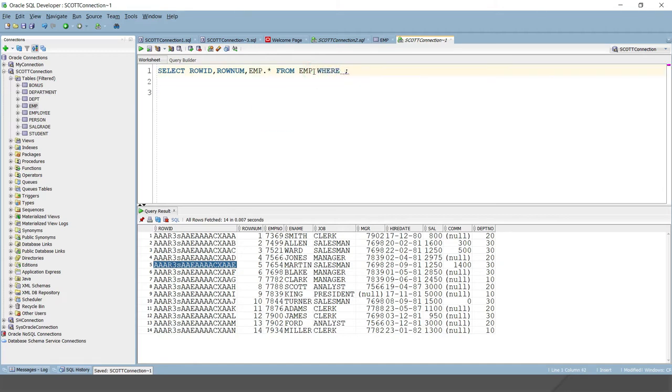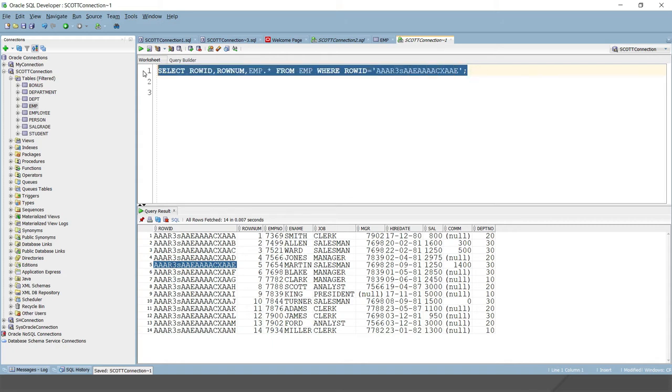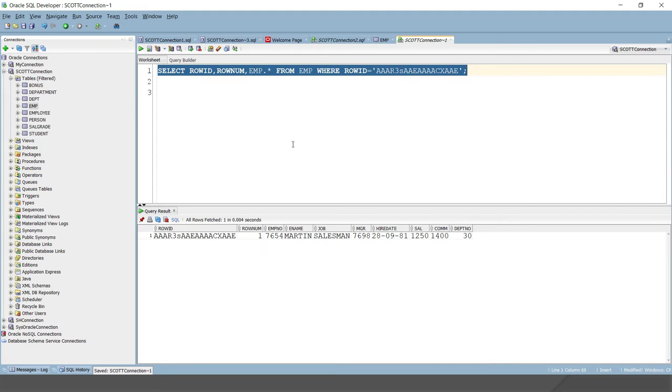You can write WHERE ROWID equals this value. You can even do search operations using this ROWID, and that is very efficient. So you can search the data from the table using this physical address, or ROWID, because it is very unique. Next point, a user can access a row quickly and easily using its ROWID, which is what we have just done. ROWID can also be used to delete duplicate records from the database. If your table has a lot of duplicate records and you would like to delete them, you can take help of ROWID.